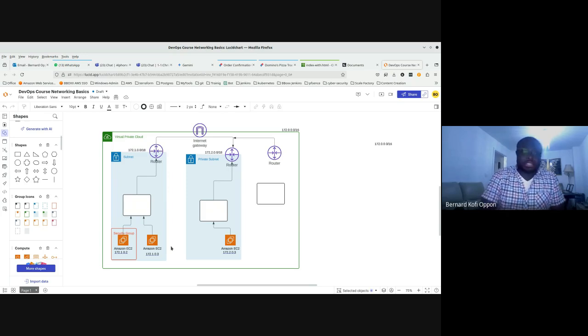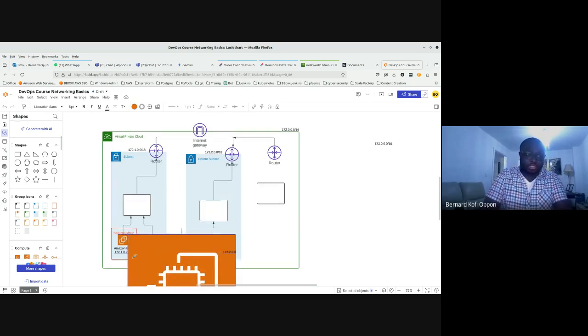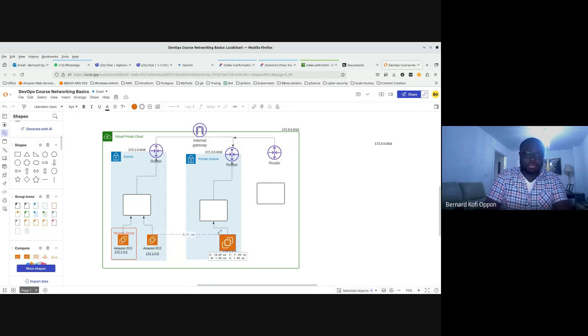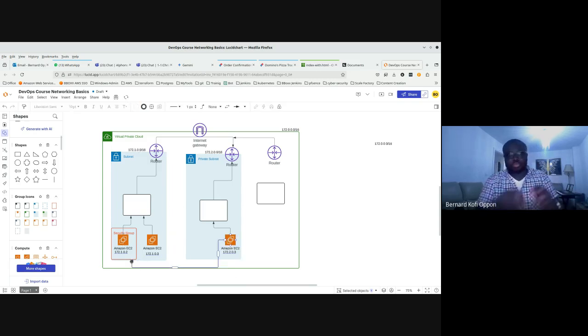But my point is, if I want to attach this also to this firewall, I can. The way I explain it is that